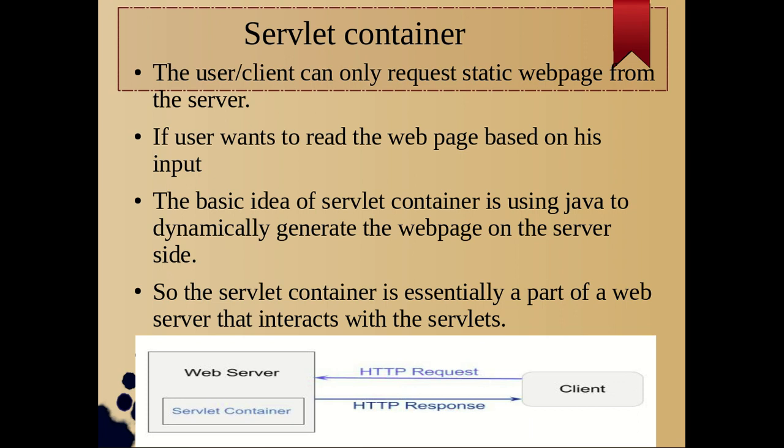Suppose a user can only request static web pages from a server. If the user wants to read web pages based on his input, then the servlet container comes into the picture, because the servlet container creates dynamic web pages on the server side. So the servlet container sends a response as a part of the web server, and it interacts with